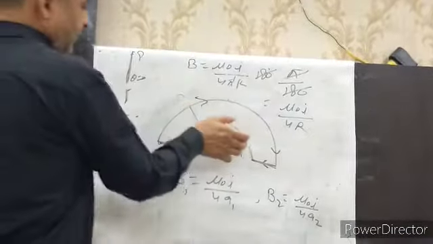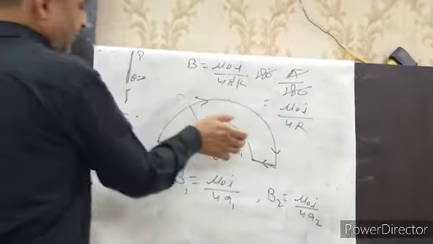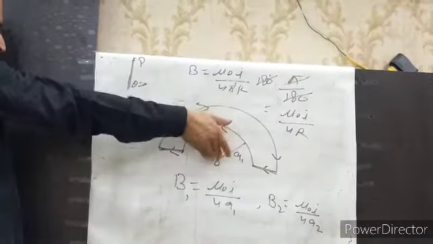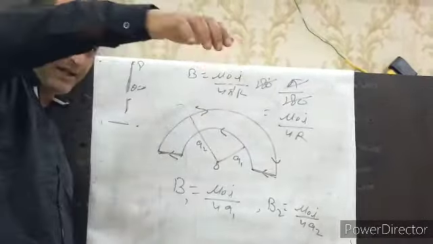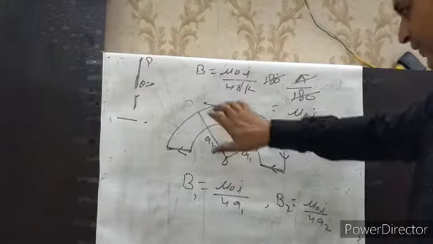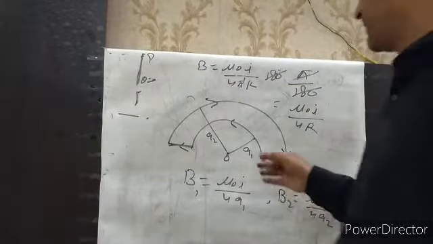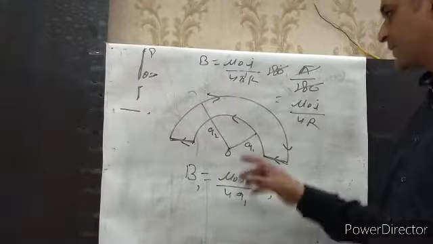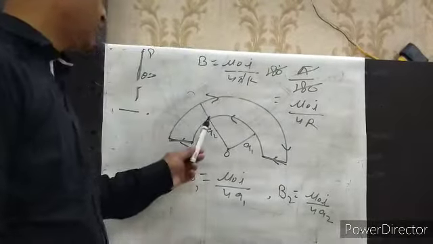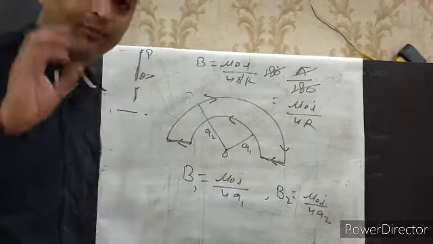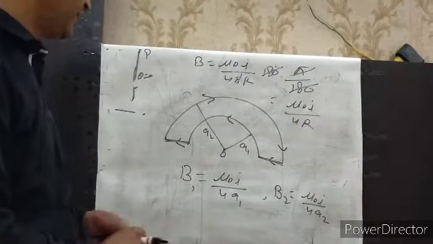Now see, due to the bigger loop, place your thumb along the direction of current here and find the magnetic field at O. It is inwards. So due to the bigger loop it is inwards, due to the smaller loop, placing your thumb this way, above it is outwards and at the point O it is inwards. Clear? It means the magnetic fields due to the smaller loop and the bigger loop are opposite. If we take one as positive, then the other we will have to take as negative.